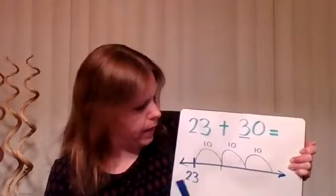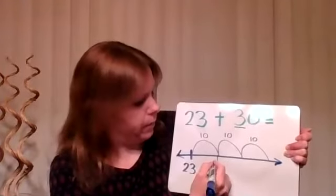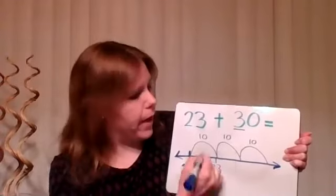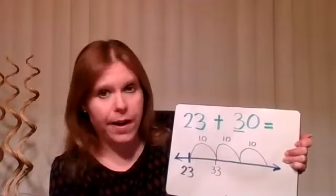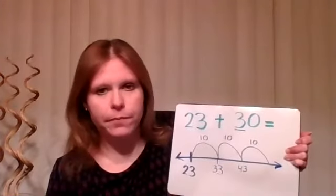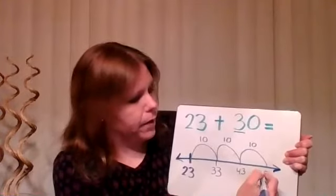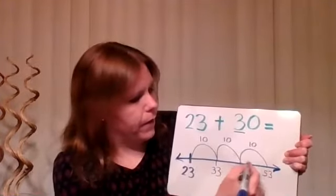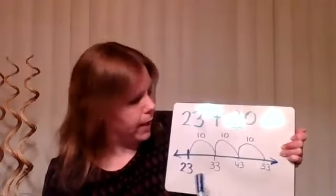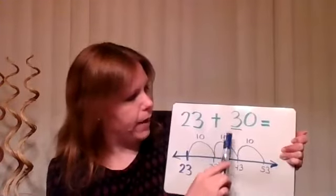And you know, each jump represents 10. So let's go down here. 23 and 10 more equals 33. 10 more than 33 equals 43. And 10 more than 43 equals 53. So we were able to use our open number line here to start with 23 and to add 3